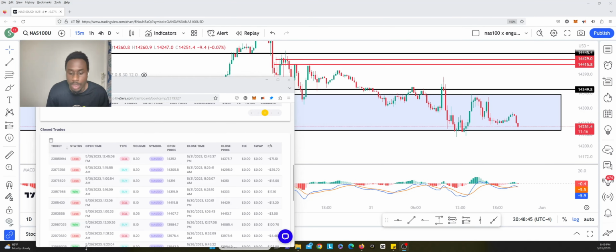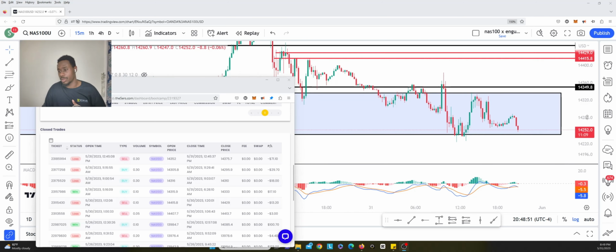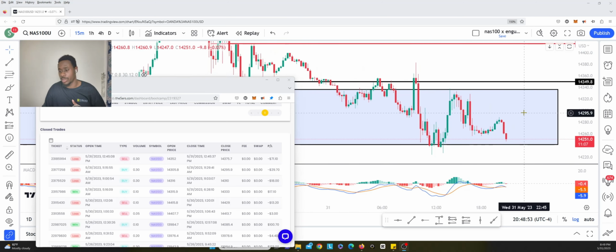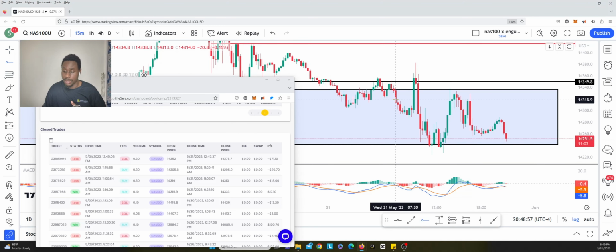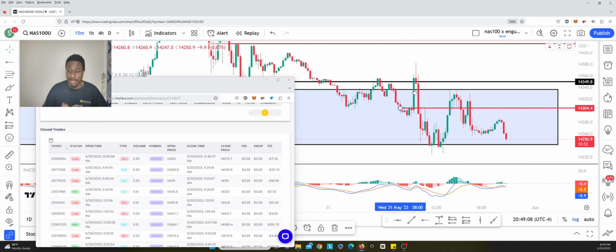Okay, so you see I entered here at 8:54. Let me actually make it bigger so it's better to see. So I entered here at 8, to the buy side. I was looking for a reversal, thinking it would bounce off basically close to the middle of the zone and then go up. It did that, but